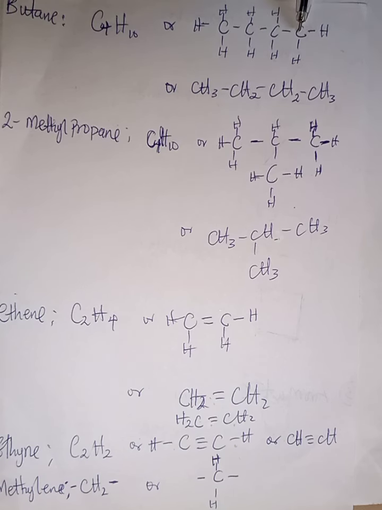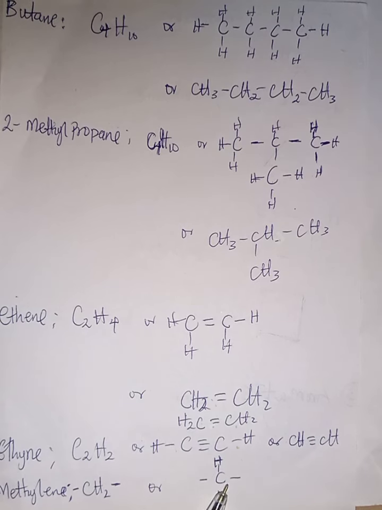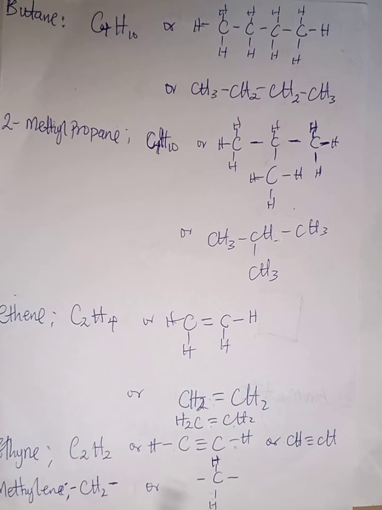This one has 3 hydrogens, not the methylene. This one has 2. Yes, very good. We have a bond here, we have a bond here. This one is a very good way. Check this particular one here, then come and check this. Check the 2 central carbons, after the first one, the 2 other carbons. We have carbon, hydrogen, bond. The other one, carbon, hydrogen, bond. That's what we mean by methylene molecule. So let's